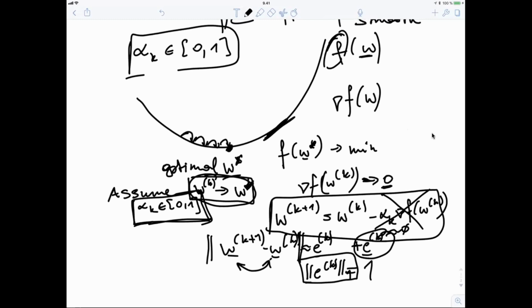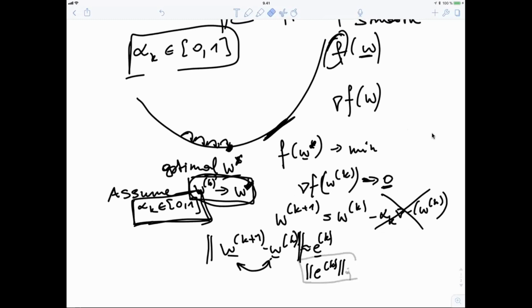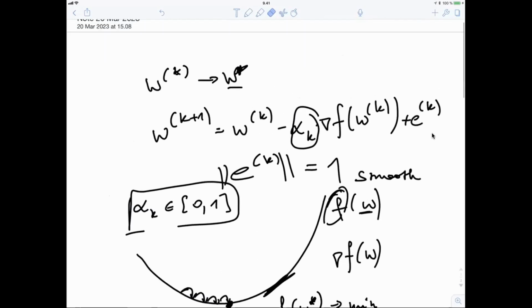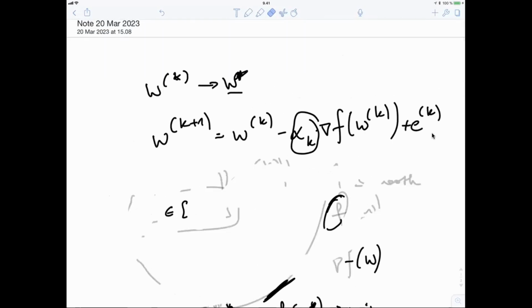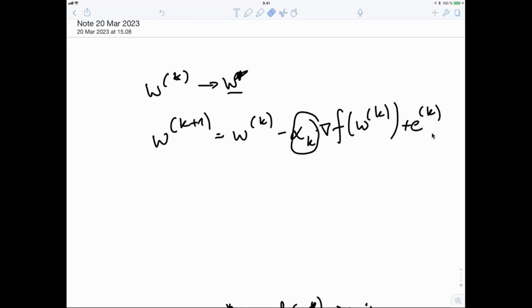And yeah, by the way, what could be a source of this perturbation? Let's discuss this a bit more. What could be the source of the perturbation? Where do we have it? Let's remove this here. So we have here perturbed gradient descent. What can be a potential source of this perturbation?